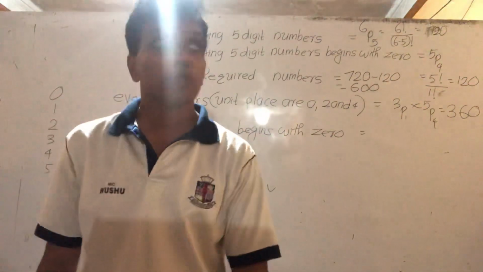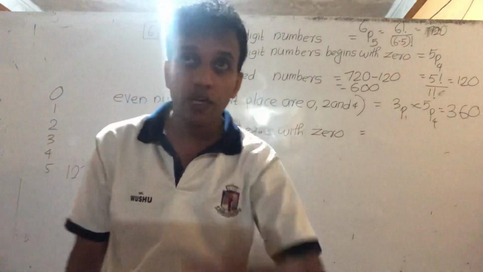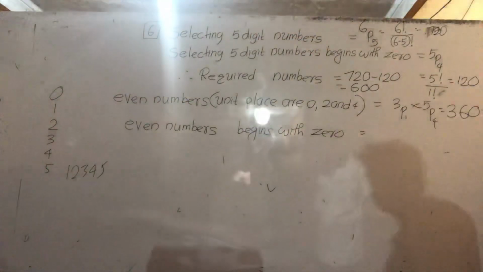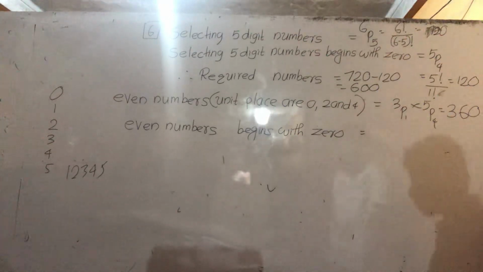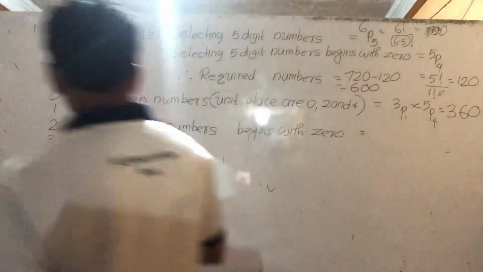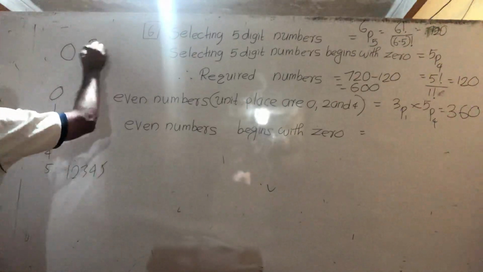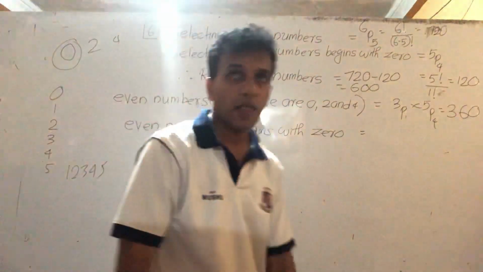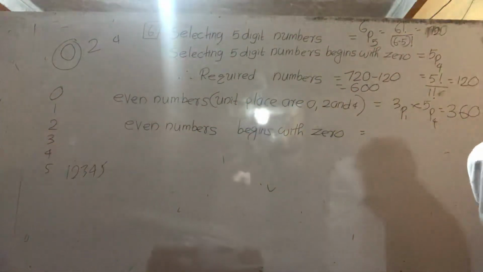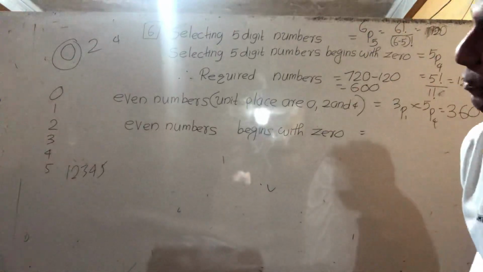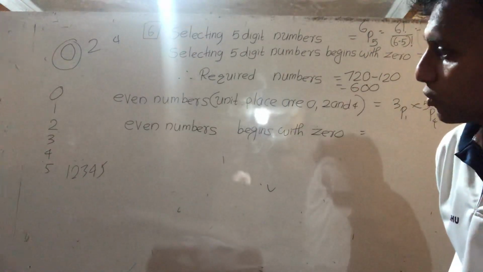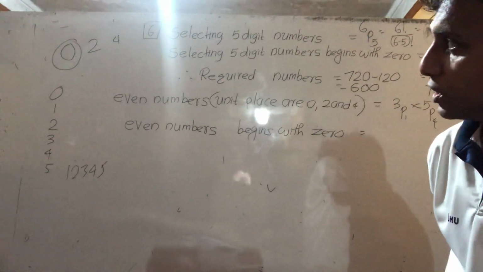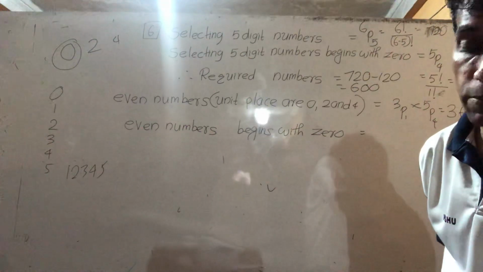That's the answer. Like I mentioned earlier, stop the video and think, pause it and think how the front becomes 0. Even numbers begin with 0. How to find those? So in this case, 0, 2, 4. Only one 0 is in front. So 3 even numbers available, 1 chance for the initial: 0, 2 and 4. Initially 0. The first part is even numbers beginning with 0.